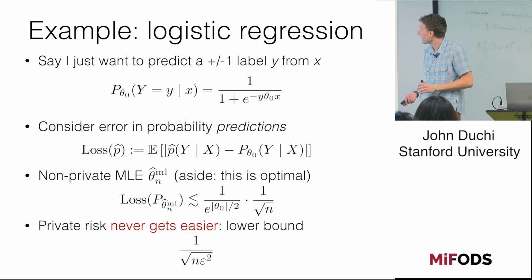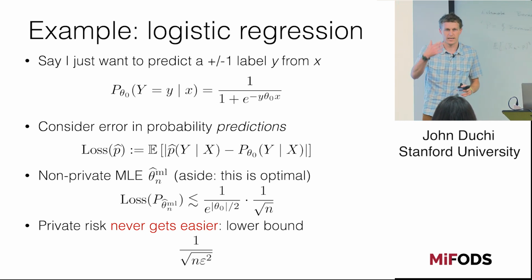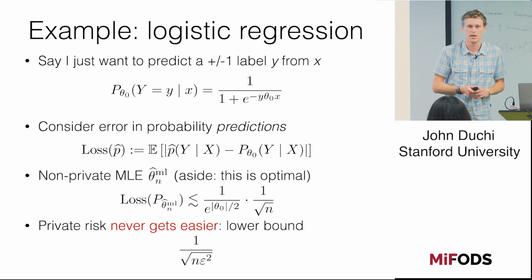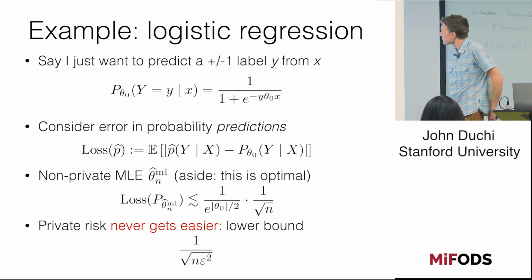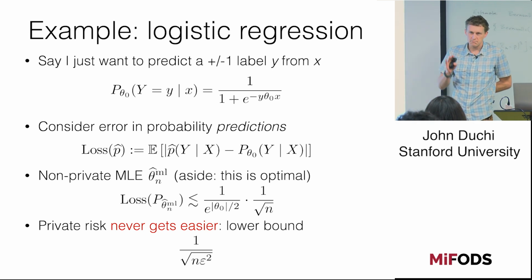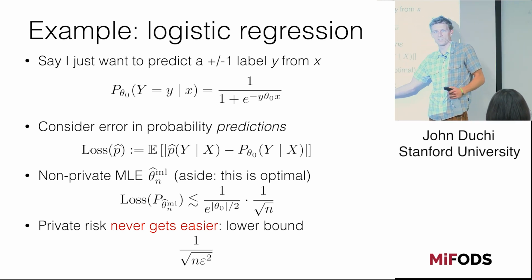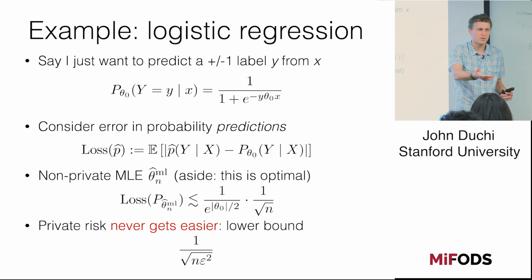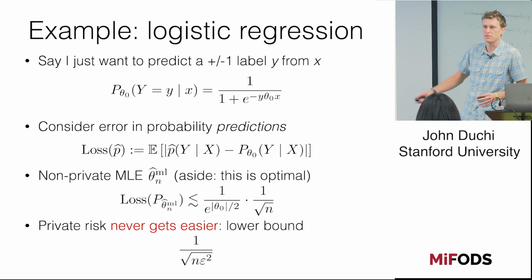So if we don't have any privacy, I just want to measure error in terms of my predictions. You have an estimated p hat, the probability that Sasha clicks on this ad for a coffee machine, versus the true probability. If you just use the maximum likelihood estimator, then roughly, after some calculations, what you see is that the bigger this parameter theta 0 is, the easier the problem is. So if it's an easy problem to classify, you can learn it more quickly, and it's actually exponentially faster. The easier it is, the exponentially quicker you can learn this.